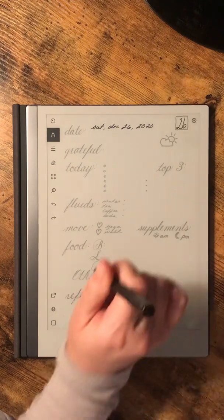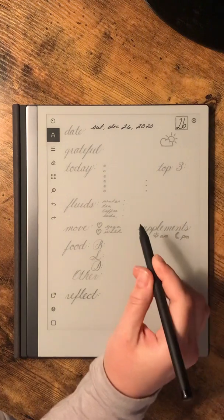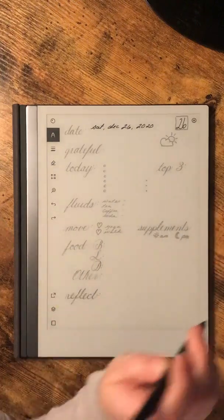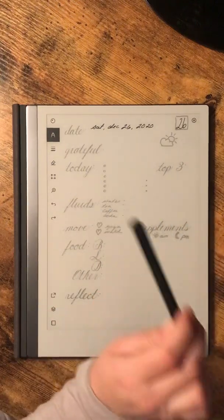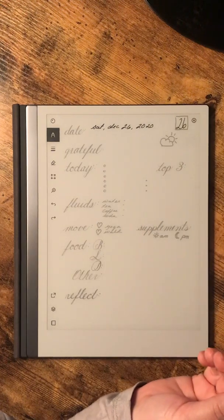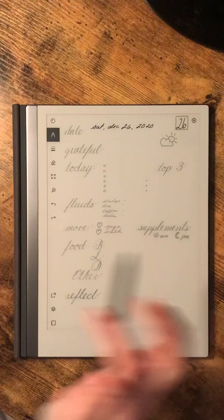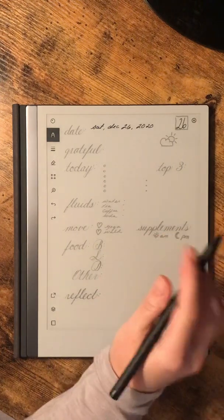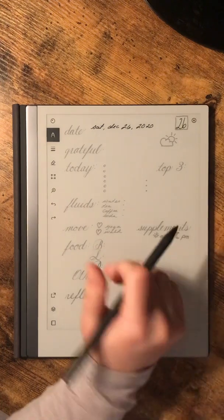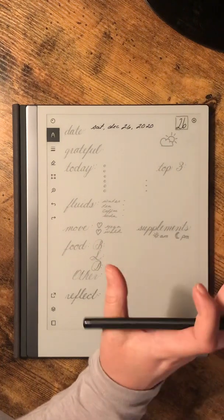So I don't know, reMarkable lets me be a lot more consistent, but also non-judgmental about my daily writing or tracking or bullet journaling habits. Doesn't make me feel guilty for not using pages. I was going to use 3 pages a day, like my morning pages, right, is usually 3 pages a day of handwriting. But sometimes I want to write more than that, or sometimes I don't write at all. And if I have a bunch of blank pages, then I'm just wasting paper, and I don't know. It's very